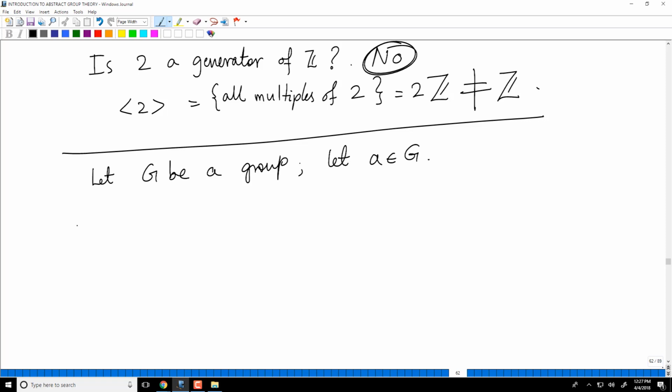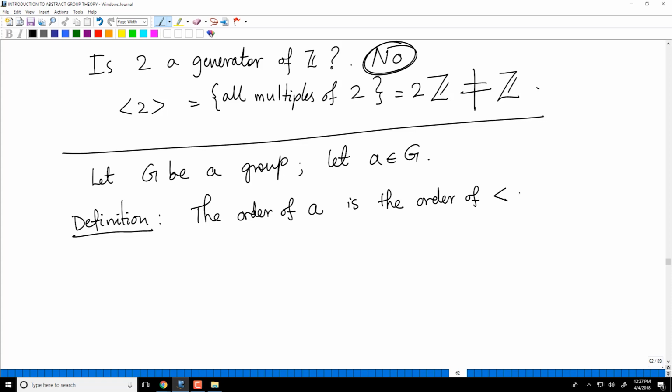I want to define the order of A. It is the order of the subgroup generated by this, if this is finite.